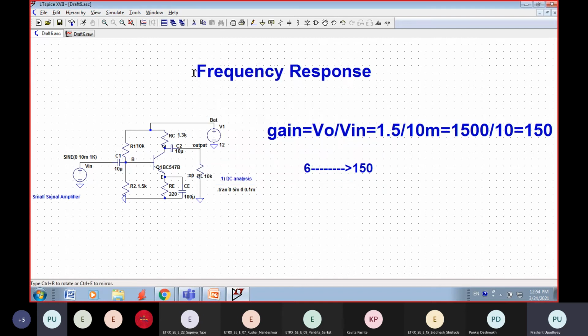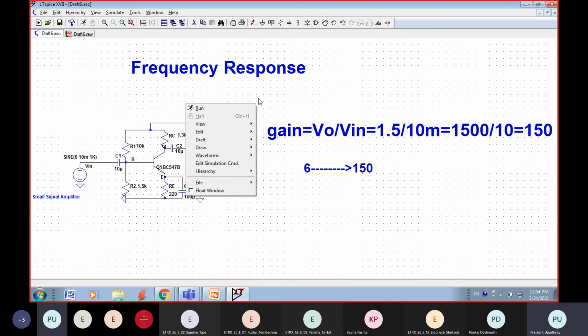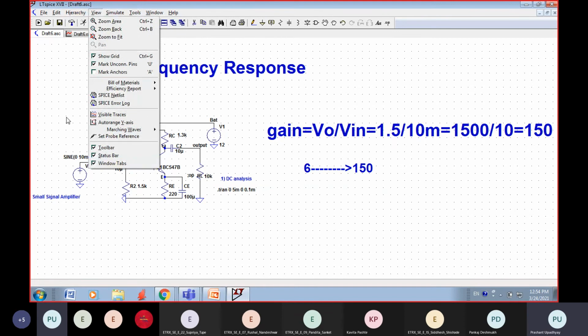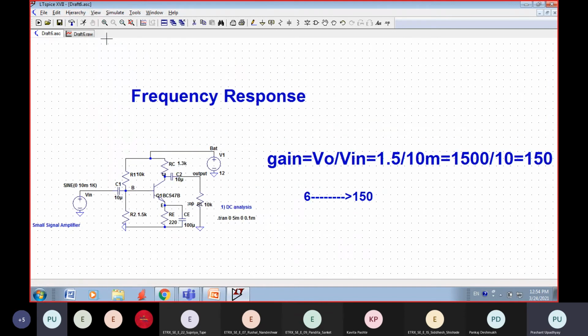So the next part, part 3 of today's lab, is frequency response. For that I cannot have a single input. I should have input with different frequency.